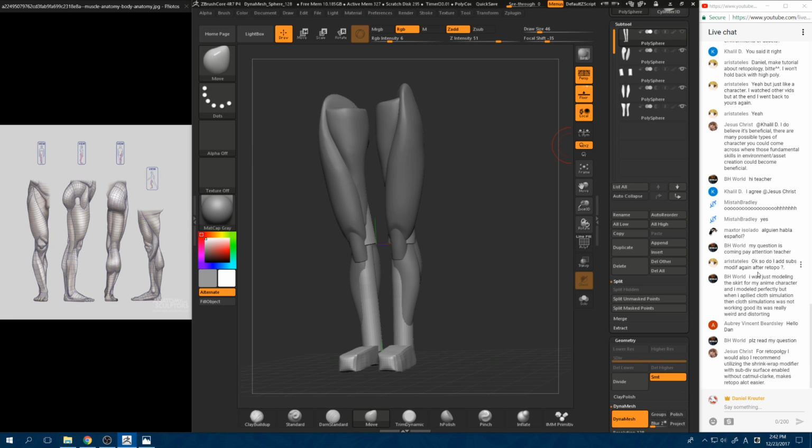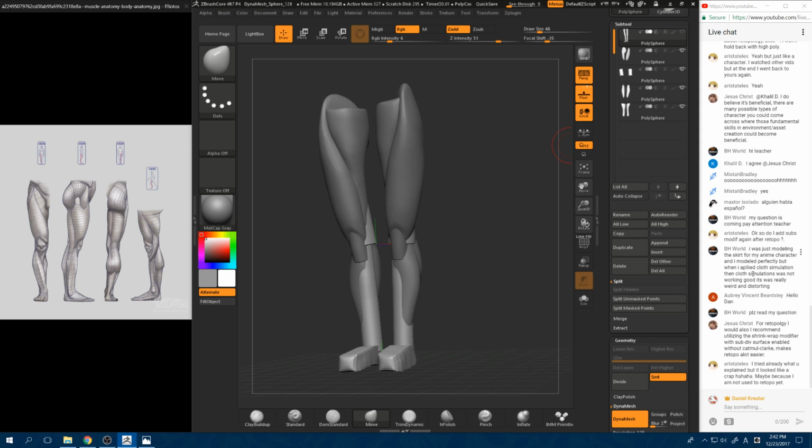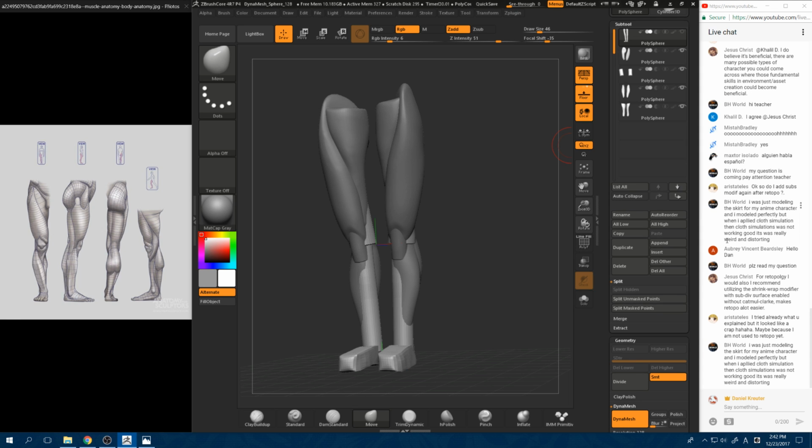Ooh, a question is coming up. Let's see what the question is about. I was just modeling the skirt for my anime character and I modeled perfectly, but when I applied clothes simulation, the clothes simulation was not working good. It was really weird and distorting. Yes,